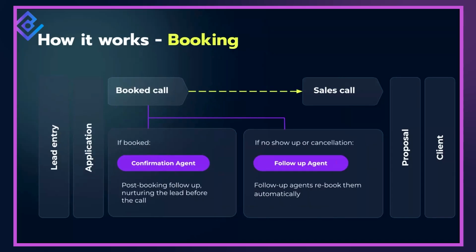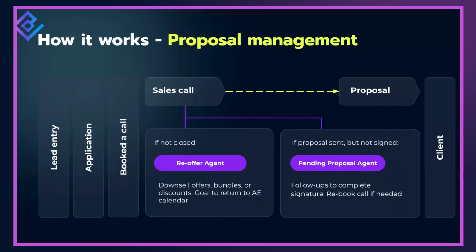Once a lead has booked a call, we have our booking manager agents activated. Every lead that books a call, whether they self-book or Charlie books them in, our confirmation agent confirms their appointments and sends them the appointment reminder and the pre-call resources, right? Now, if that lead cancels their call, the separate agent, our cancellation rebooking agent, kicks in. If they no-show their call, our no-show rebooking agent kicks in. And then if they have their sales call, but they don't become a client, our reoffer agent kicks in after about 14 days if the person did not close.